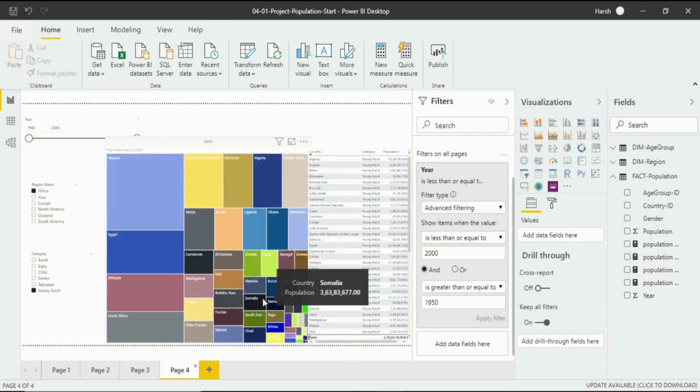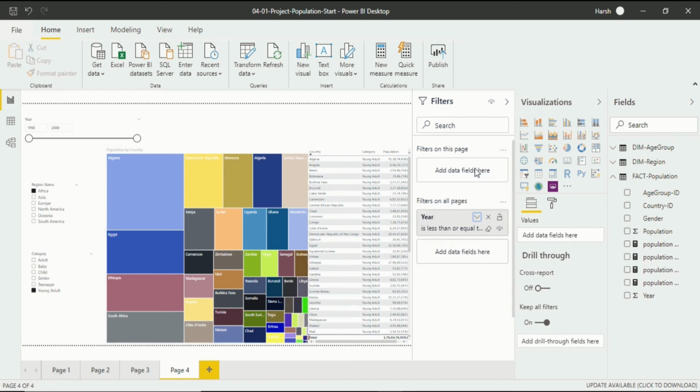That means filter on all pages. So after doing that, just close this thing, and after this we will cover page filter. Now I have told you the difference. If I apply the filter on all pages, that is a report filter. Now I want to apply a filter on particularly this page of the report view. How do I do that?